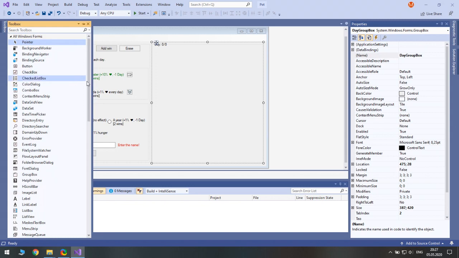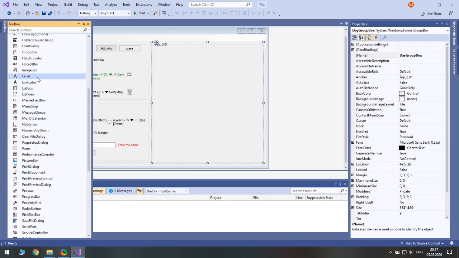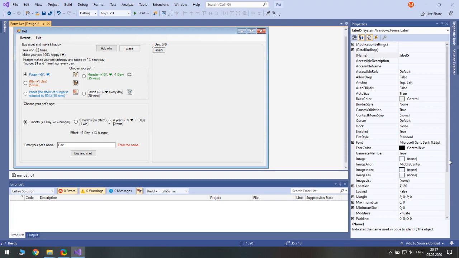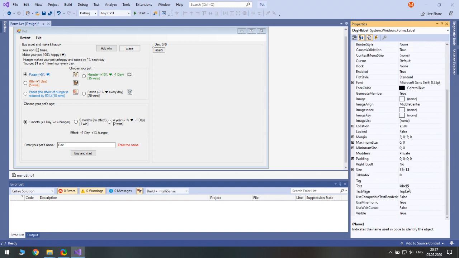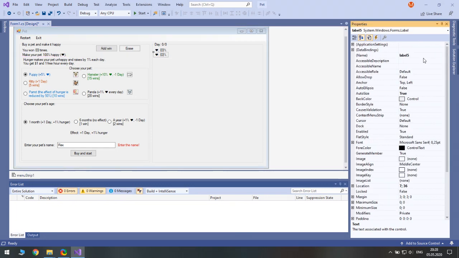Well, I think it's easier to just drag and drop separate labels instead of making one big label. This should be day hunger label, and its text will be happiness, will be some counter from code, and percent. Next will be day hun label.